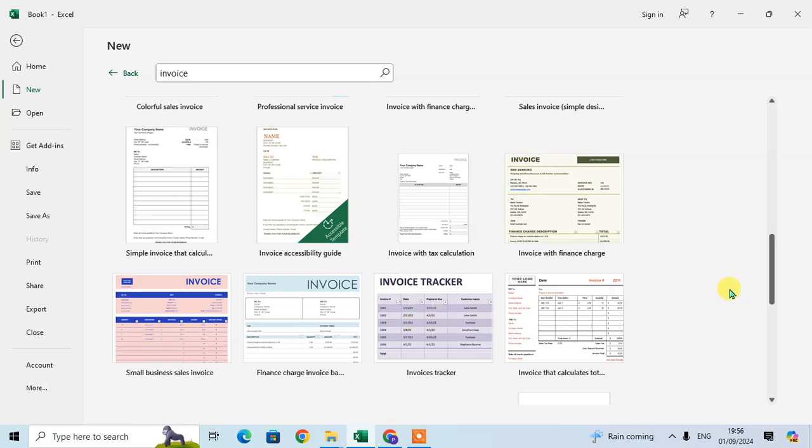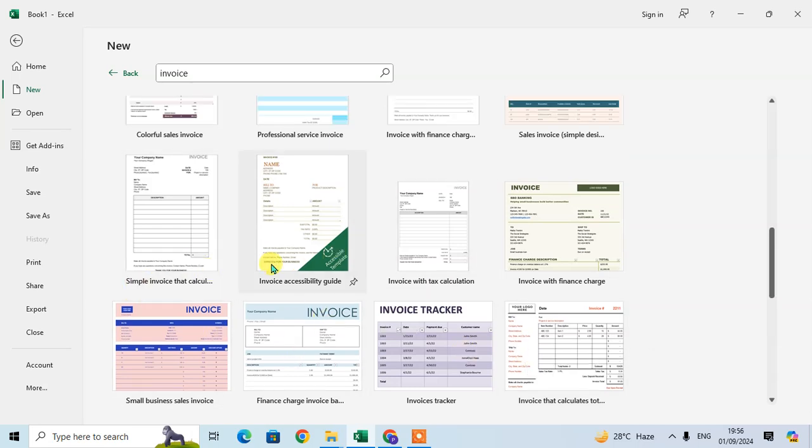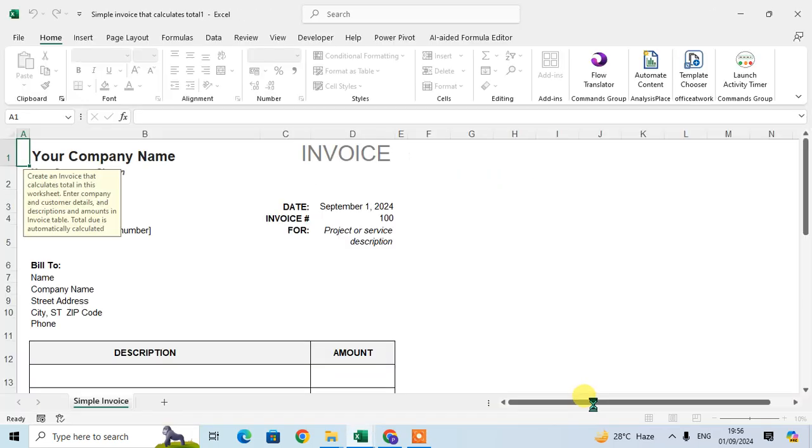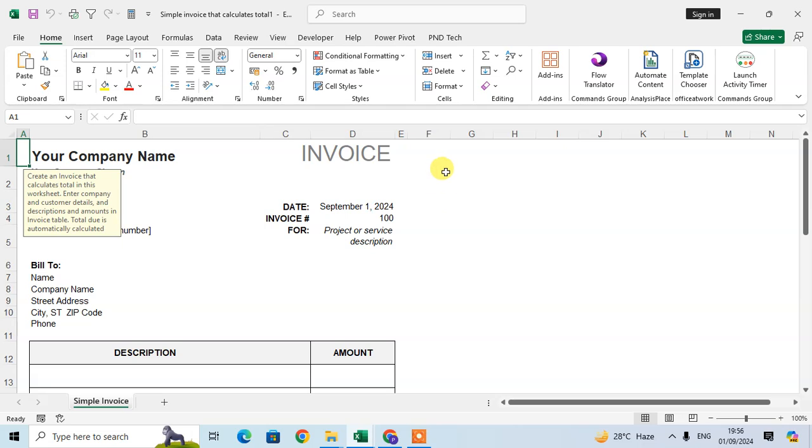You don't need to create a new invoice in Excel by formatting it in a different way. There are inbuilt templates available in Excel. You can use them easily. So I select this simple invoice and click on Create, and here you see the invoice is